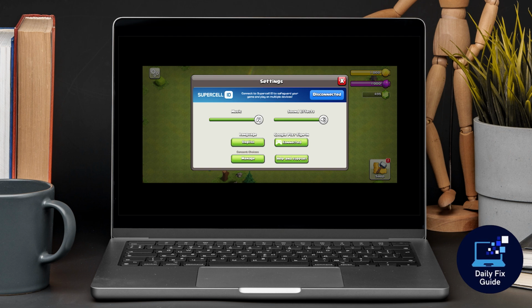With the account linked, you can also start adding friends within the Supercell platform. Tap on the Friends section in your settings to add friends by their username, profile link, or by scanning a QR code shared by them. Currently, connecting directly to Facebook isn't supported, but linking through Supercell ID gives you similar features for saving progress and